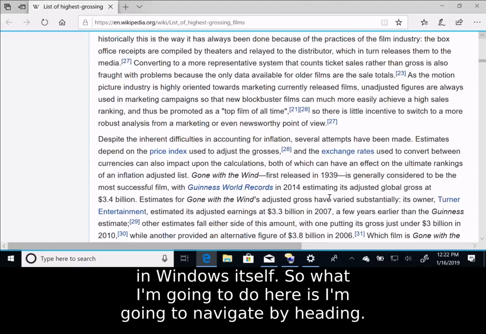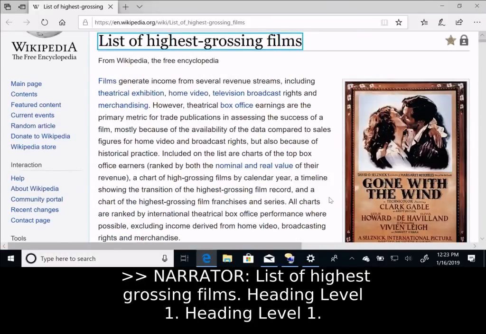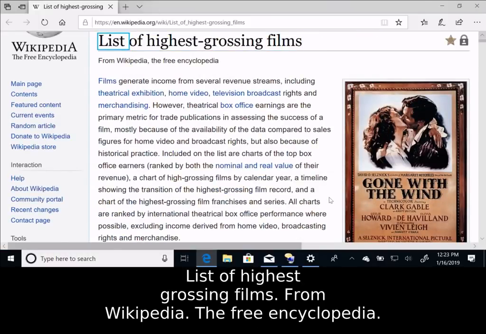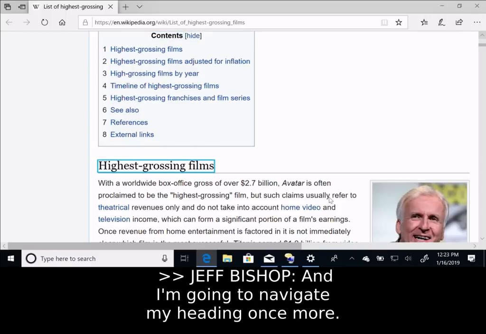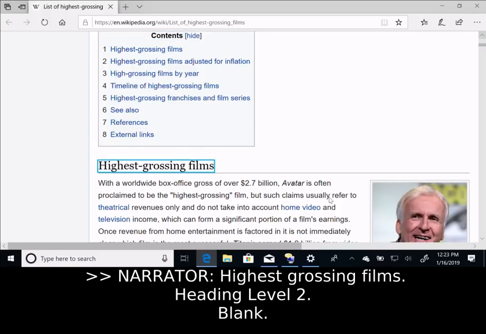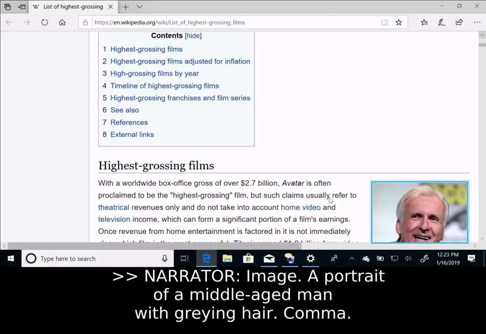So what I'm going to do here is I'm going to navigate by heading. List of highest grossing films. Heading level 1. List of highest grossing from Wikipedia, the free encyclopedia. Contents. Heading level 2. And we're going to navigate by heading once more. Highest grossing films. Heading level 2. And as you can see here, Link. Image. A portrait of a middle-aged man with graying hair,